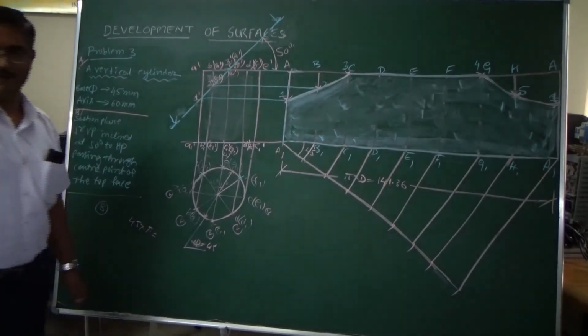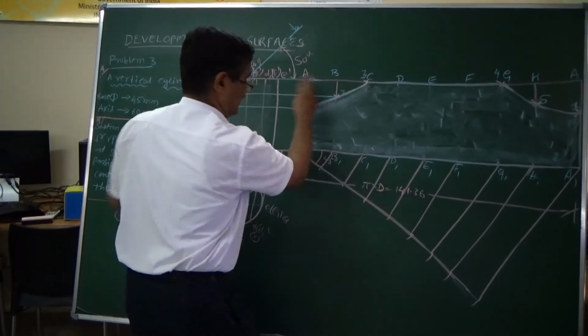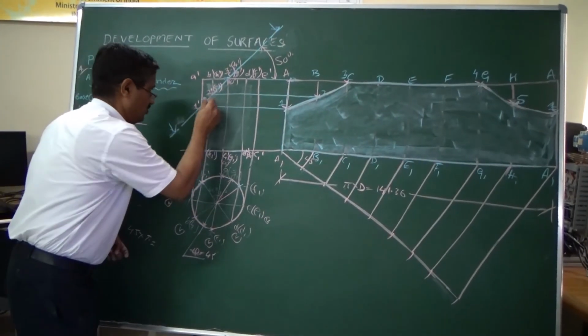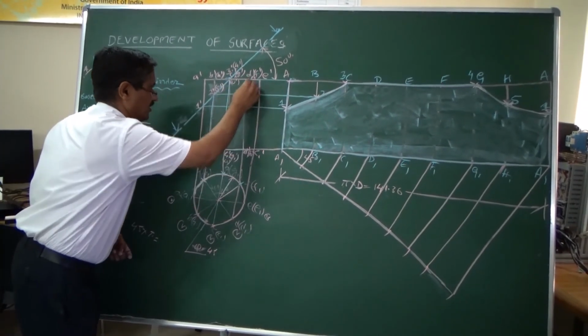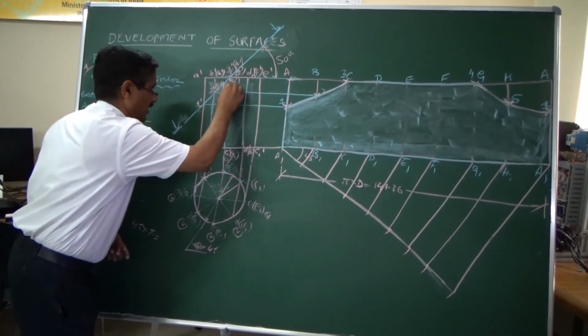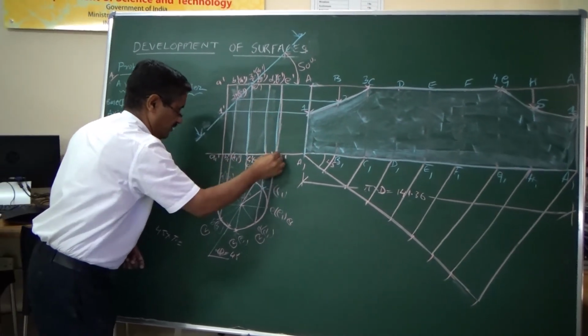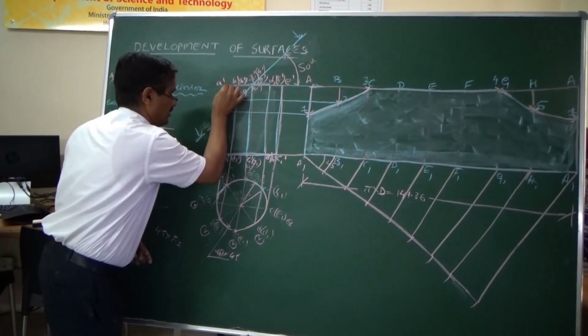So this is the development part for you. So this will be the written portion, you cut like this the total sheet and fold it, you are going to get this one. So it should be marked dark here. So this is the written portion. So this will be marked dark here. Okay. So this is the total solution of the development for you. So this portion is dark. But this portion is thick.